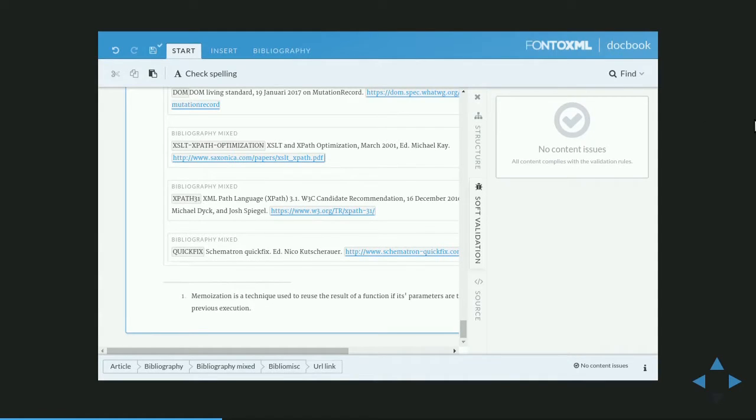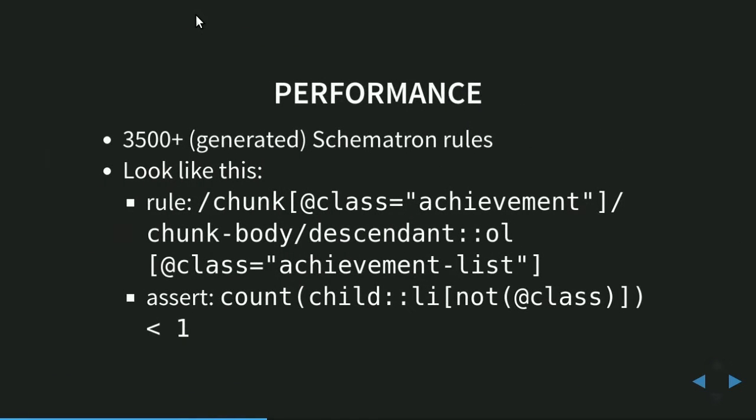I now need to defocus the editor again. In Fonto, we want to make everything live, everything as quick as possible, so an author doesn't have to wait, doesn't have to take actions to see what they are doing. They want immediate